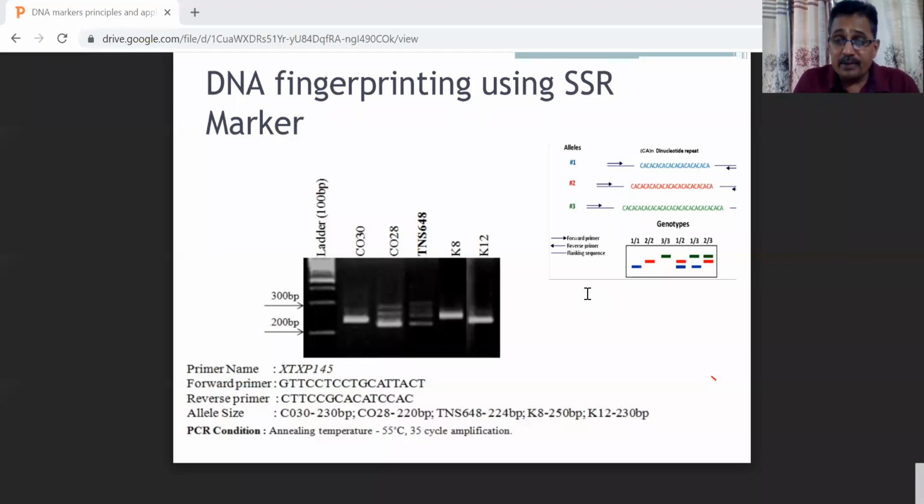You can ask whether RAPD is still useful. Yes, for some new species, tree species, or unexploited species or varieties, you can use RAPD markers to generate a fingerprint to show the difference or diversity. That is also very limited, few people are using RAPD now. So with this, I will stop my discussion today.